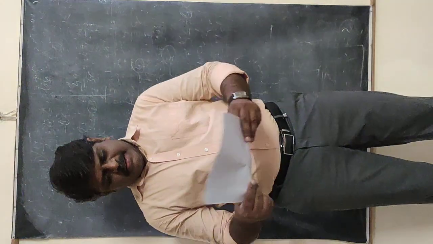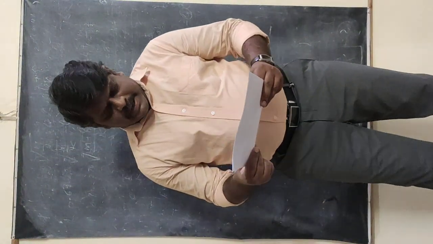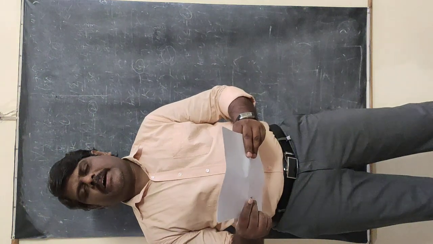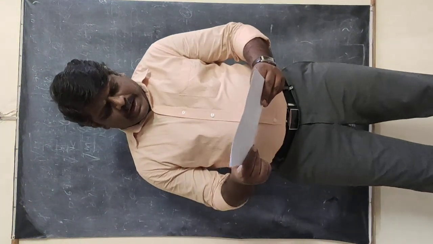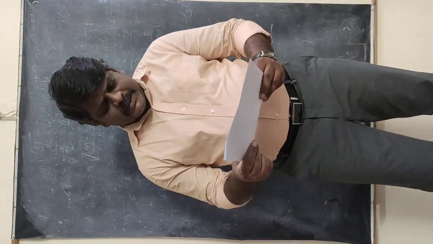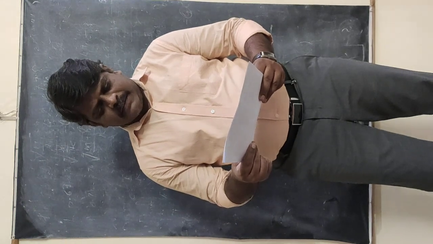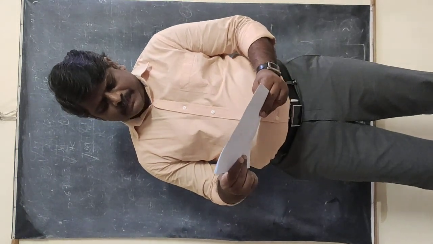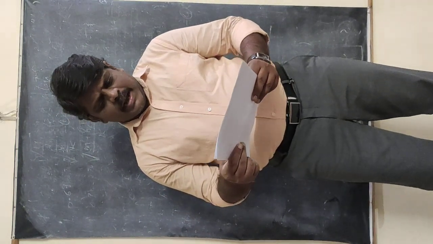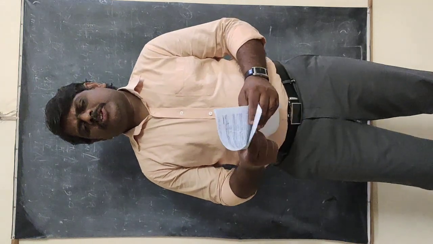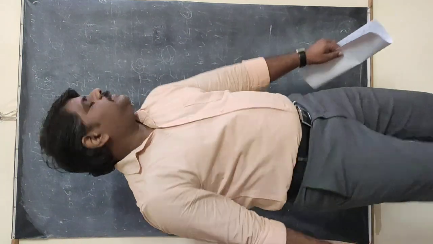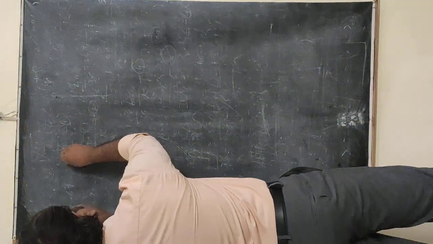Welcome back, students. The problem says that a wire is going to break due to its own weight. The substance breaks at a stress of 10 to the power of 6 newton per meter square, and the density is also given to us. So first we will write down the breaking stress. The breaking stress formula is